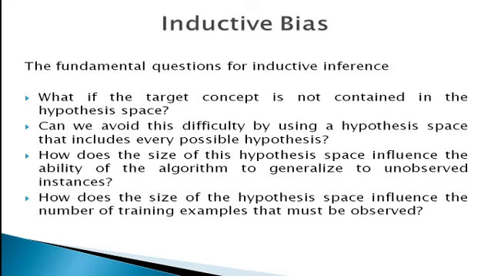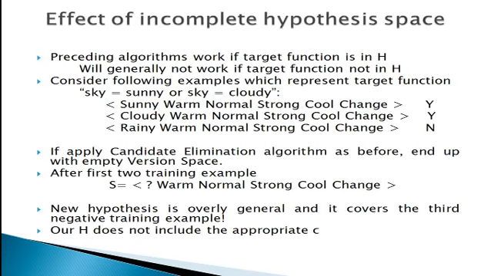So this is what is about the inductive bias. The next is a biased hypothesis space, or the effect of an incomplete hypothesis space. Here, suppose we wish to assure that the hypothesis space contains the unknown target concept. Then the obvious solution is to enrich the hypothesis space to include every possible hypothesis. To illustrate this, again consider the EnjoySport example, in which we restricted the hypothesis space to include only the conjunctions of the attribute values.